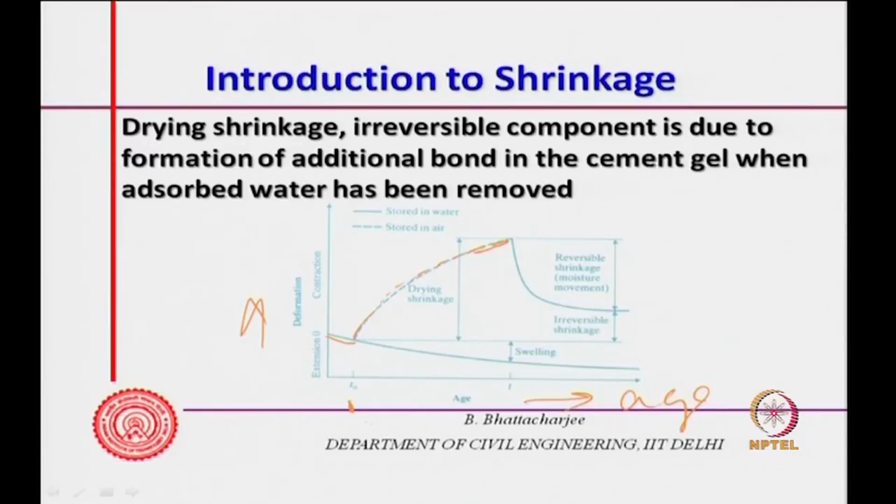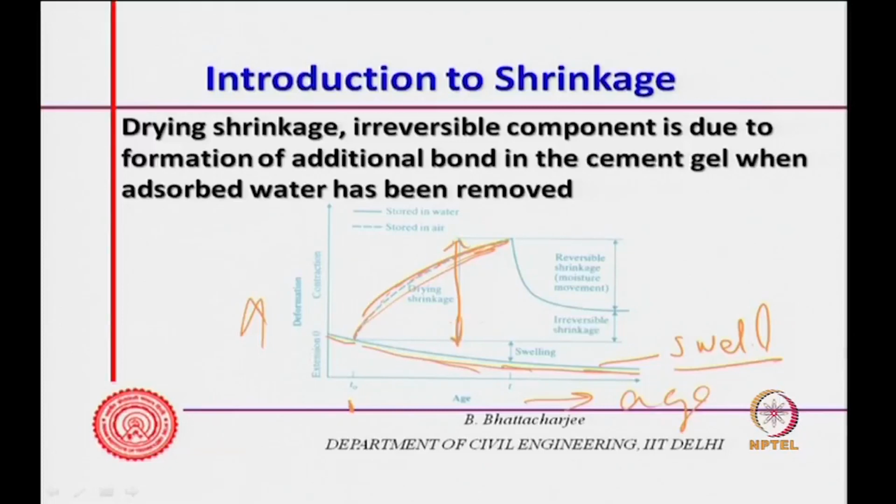So, shrinking or reduction we are calling on this side, while swelling, if you constantly keep it under water, it will swell actually. So, swelling will occur under constant water condition, while if you are drying, it will go somewhere there. So, this is the drying shrinkage,